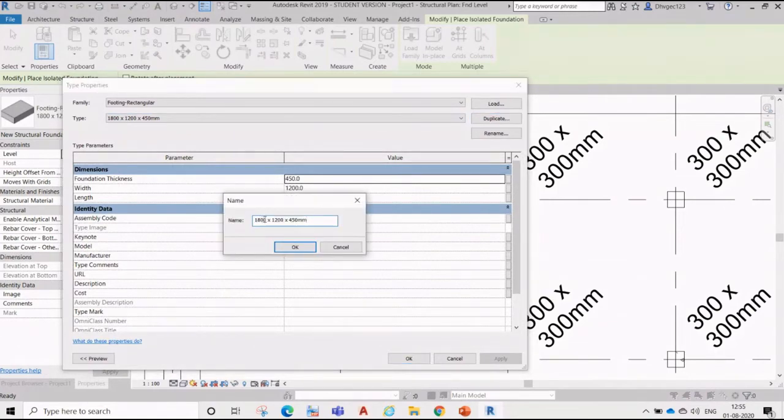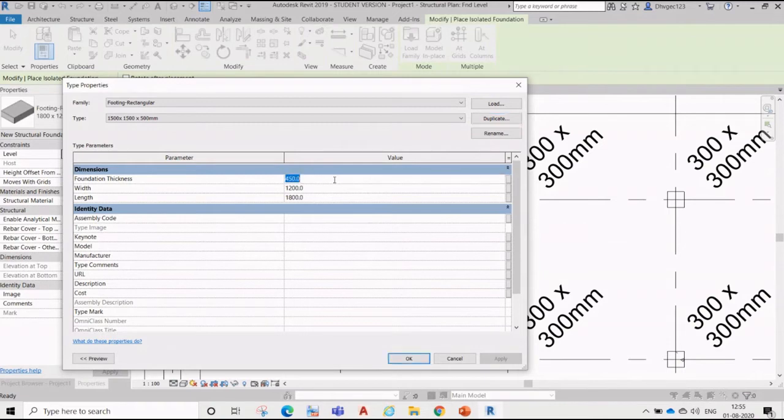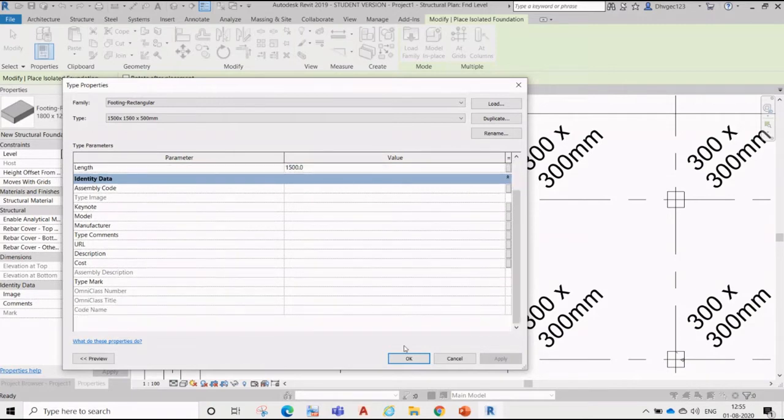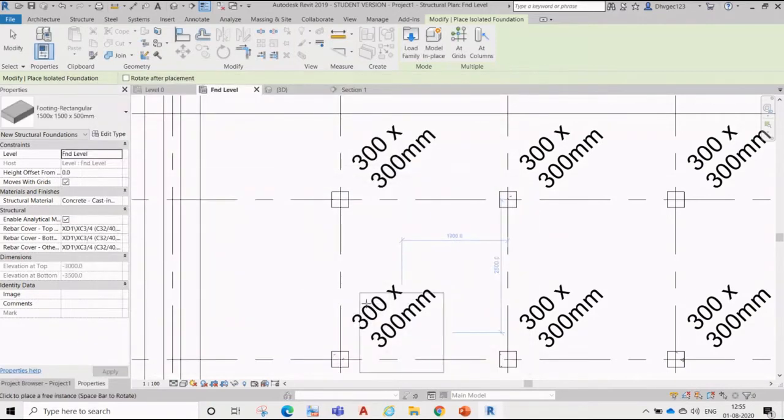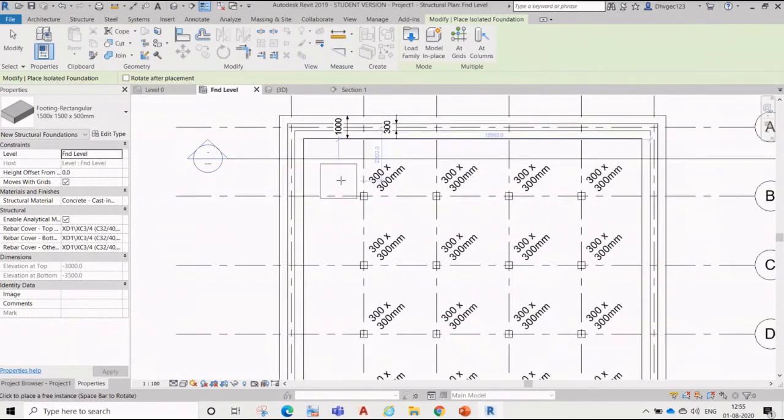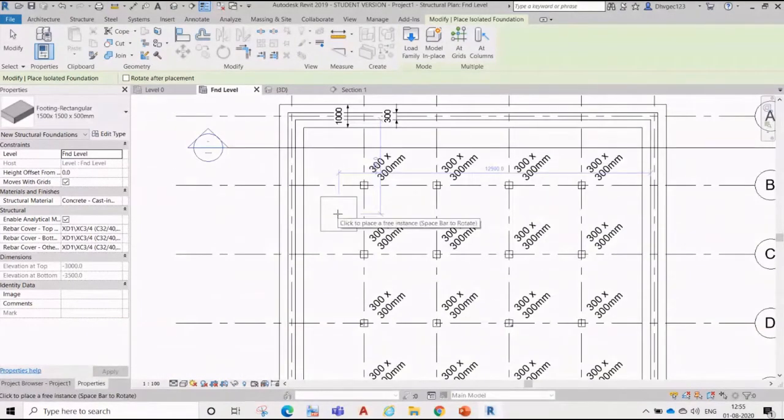So we'll say 1500, and width the same, 1500, and foundation thickness 500. Then say okay. Now you can see the preview, red color.